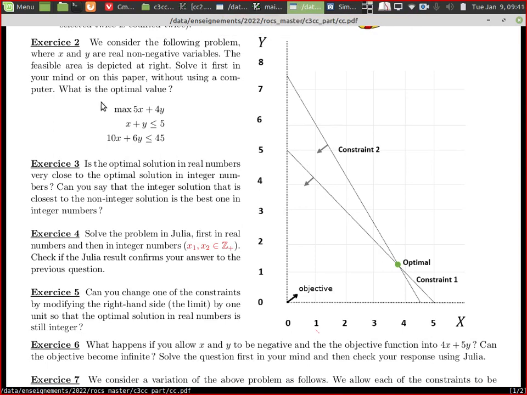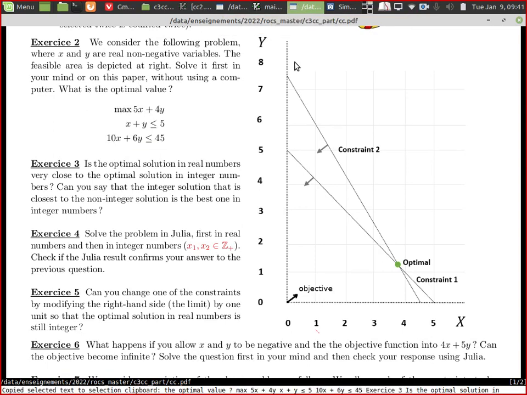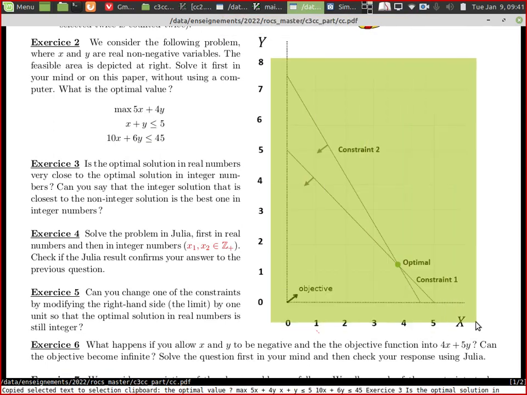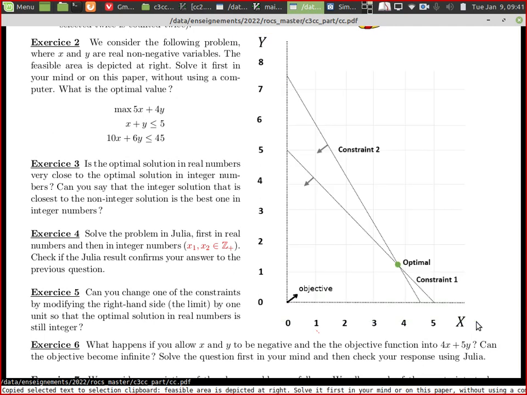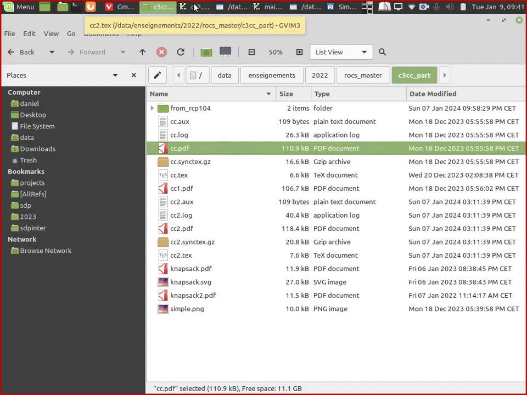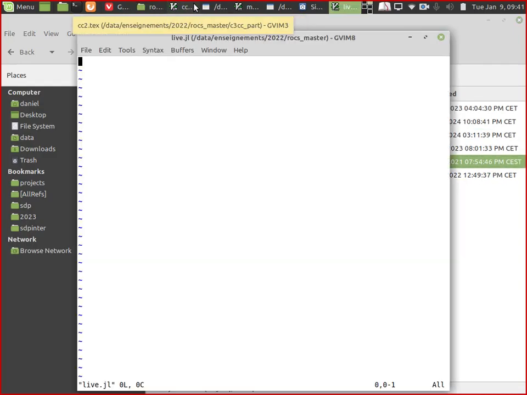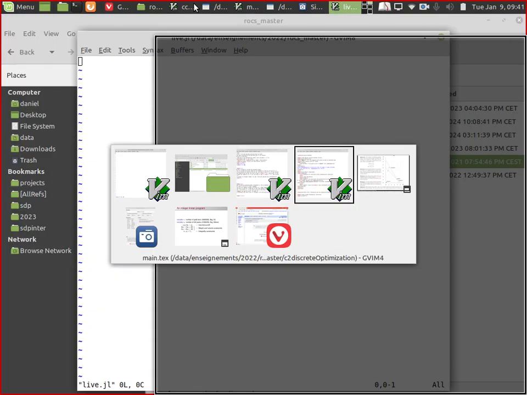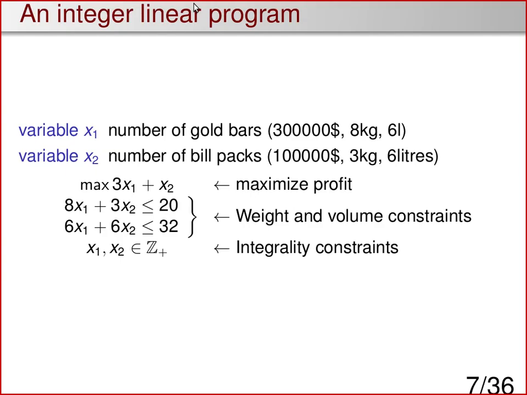So we have this simple program. The feasible area is here, and I want to solve it using Julia. Let me go. What you can do when you have to solve something with Julia, you take the slides I